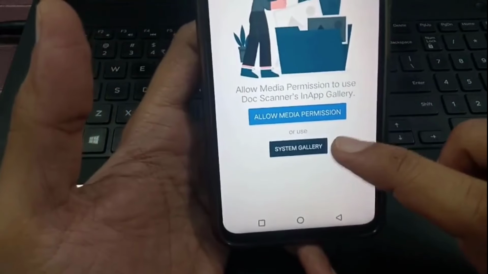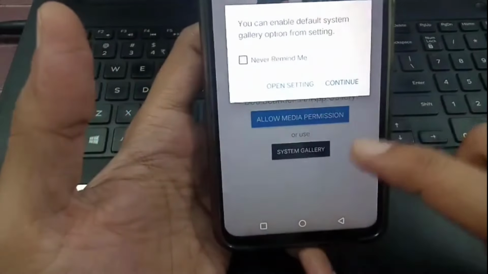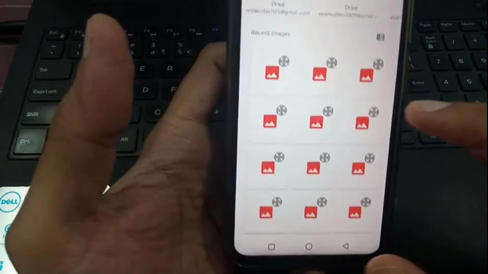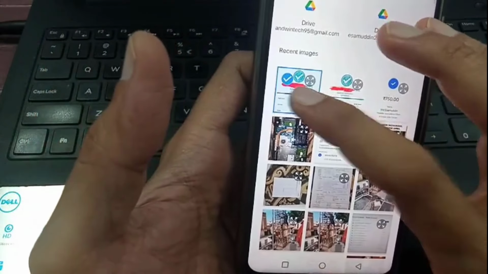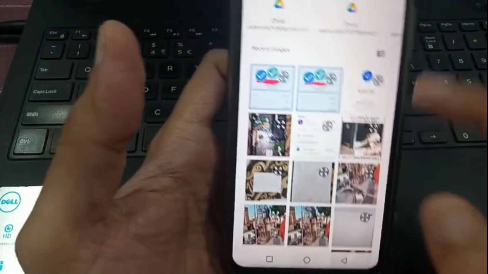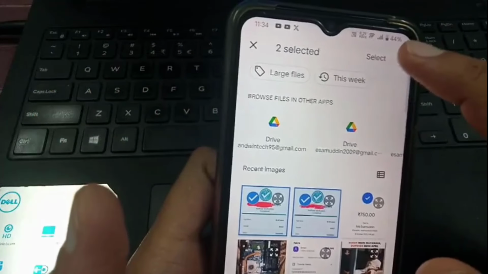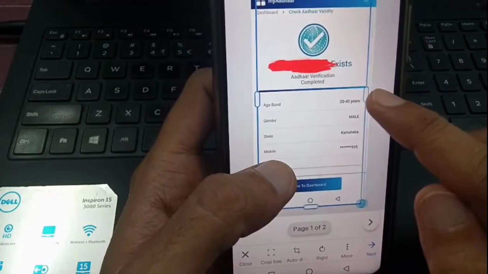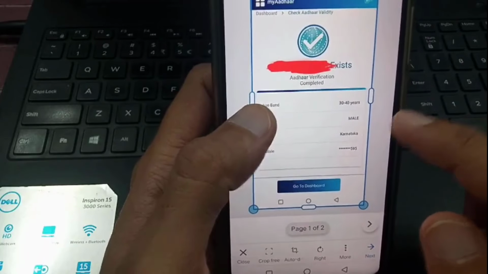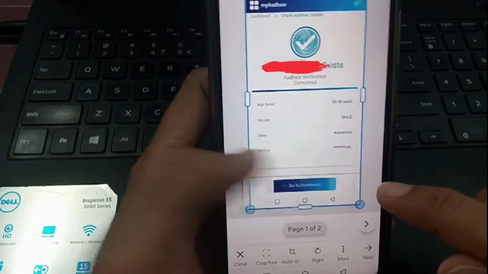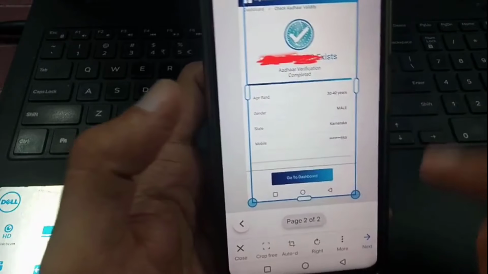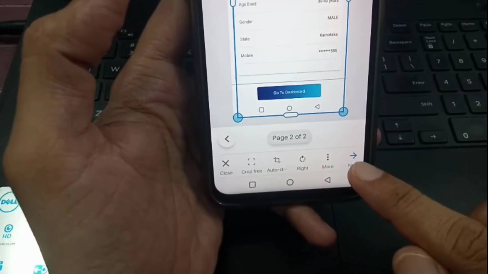Then you need to allow the permission, just tap on this system gallery, tap on continue, select the image 1, 2, then tap on this select. As you can see, I have selected 2 files. You can set this crop position. This is image 1 and this is image 2. After setting this crop position, tap on this next option,